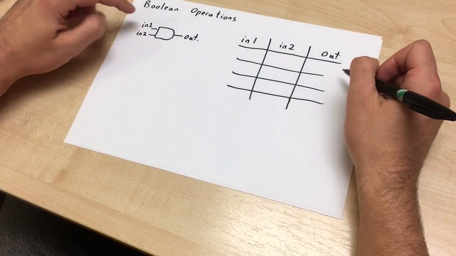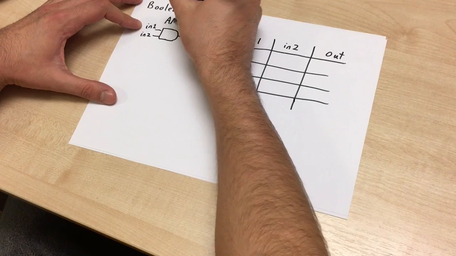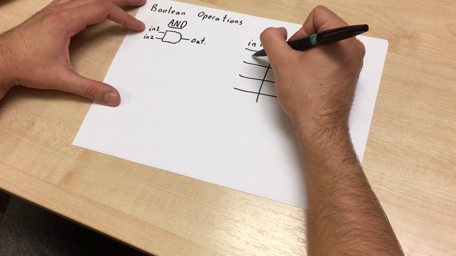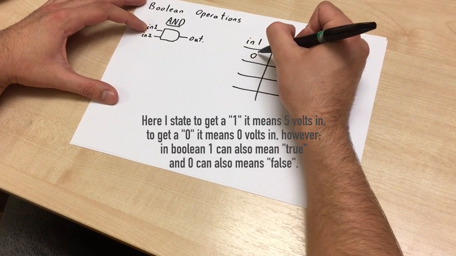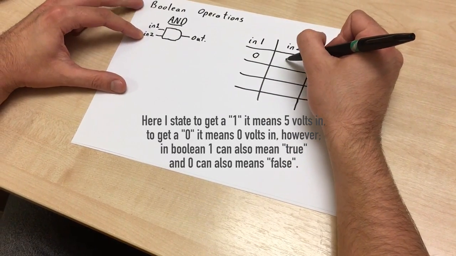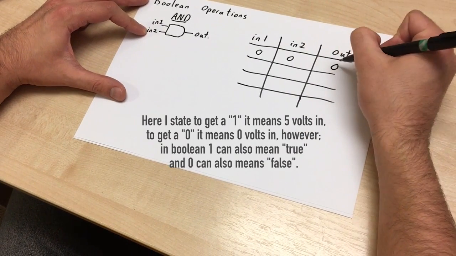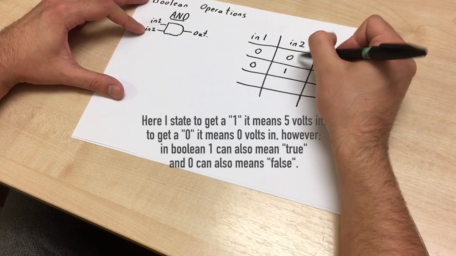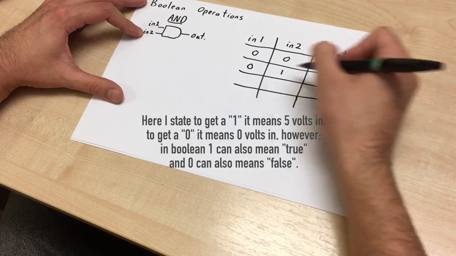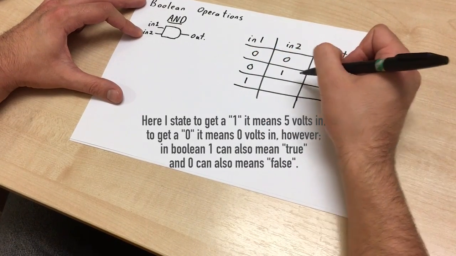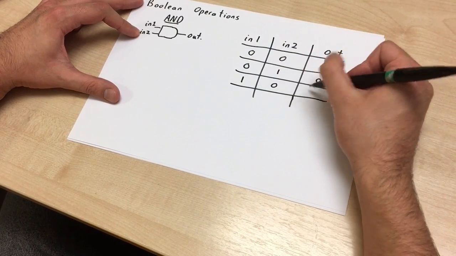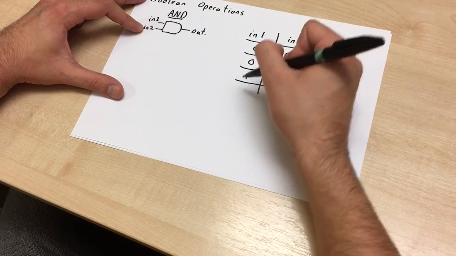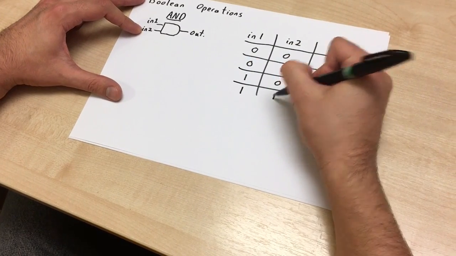So with an AND gate, if in input 1 you input a 0, so 0 volts, and in input 2 you input 0, like 0 volts, you'd get 0 volts out. If you input 0 into input 1 and 5 volts, or a 1, into input 2, you'd get a 0 out. If you input 5 volts or a 1 into input 1 and a 0 into input 2, you'd get 0 out. The only way to get a 1 out is to input 1 and 1,